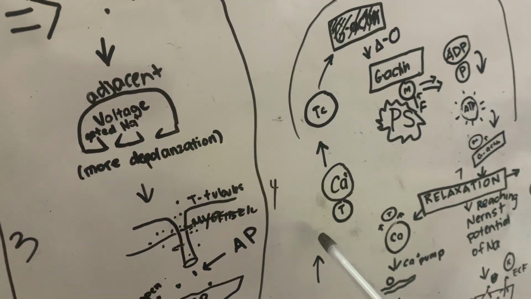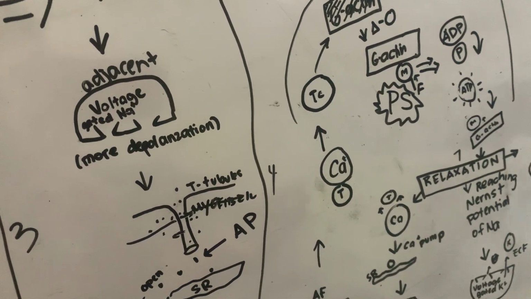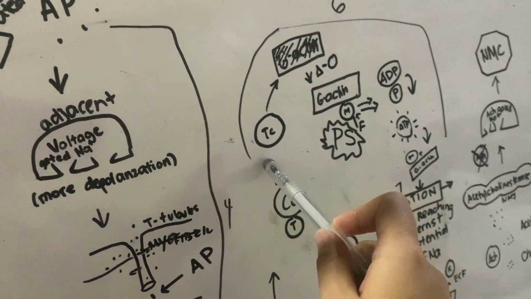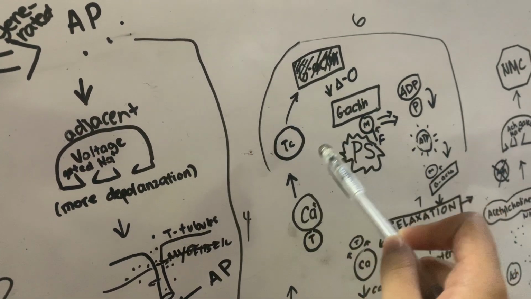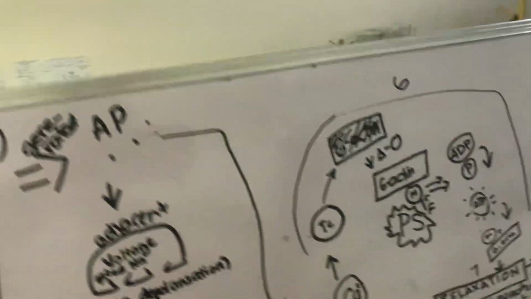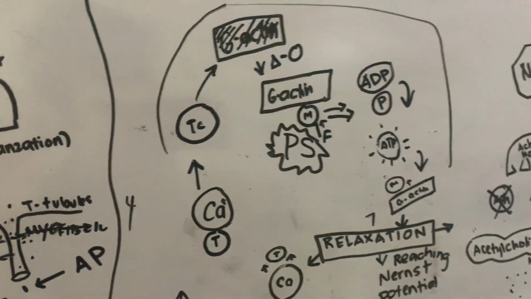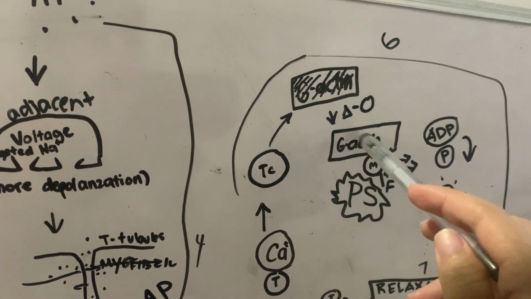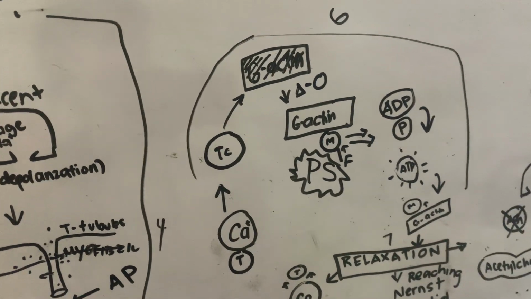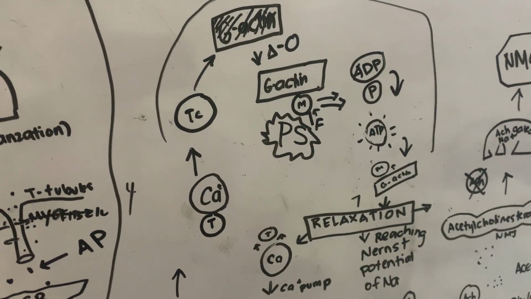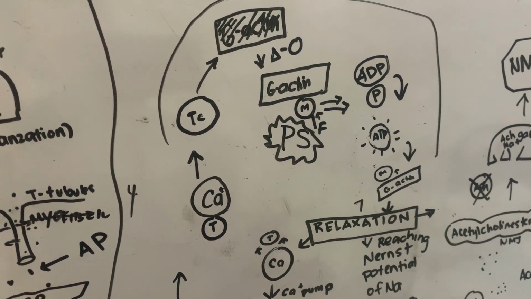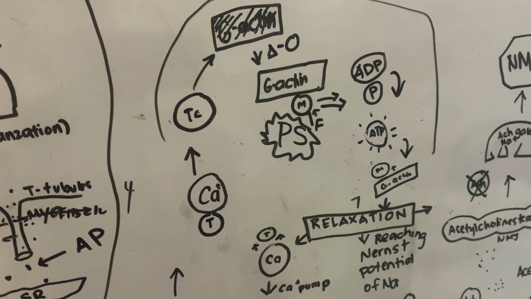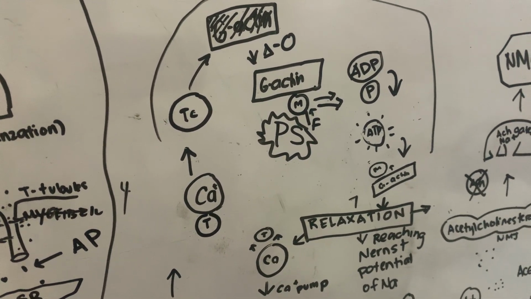And then the calcium and troponin C bind with one another, and the tropomyosin changes molecular configuration to uncover the G-actin, and the myosin head will be attached to it, and the myosin head will tilt and drag its arm, dragging the filament, and this will create a power stroke, and then the myosin head will release ADP